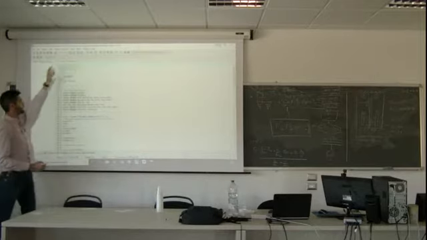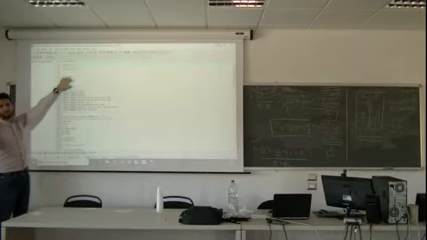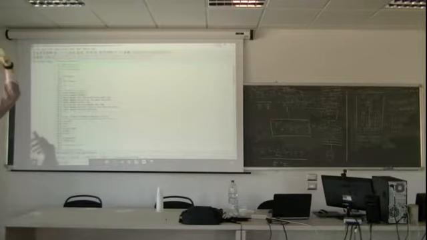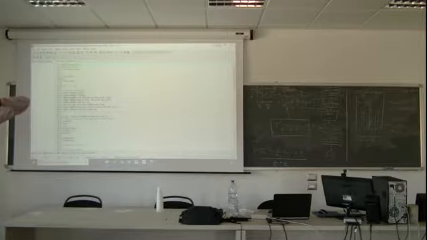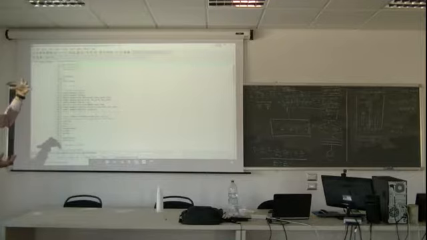So you include these libraries, then you start the program. In this case, we have just a single program. With C, you have a main program, and then you can call auxiliary programs. For example, you can create one program to calculate the heat transfer coefficient: you pass it the temperature of air, temperature of solid, and a Nusselt correlation, and it gives you this. So from the main program, you can call auxiliary programs if you want, or you can put everything in the main, up to you. This, because it's very simple, is everything in the main.